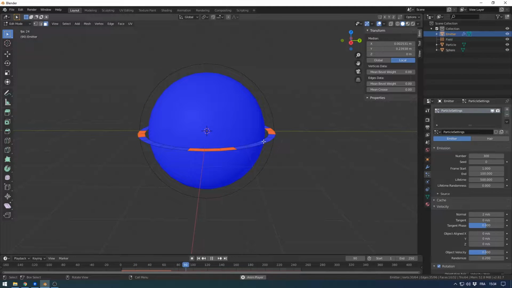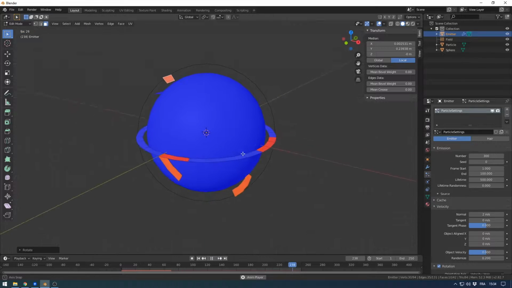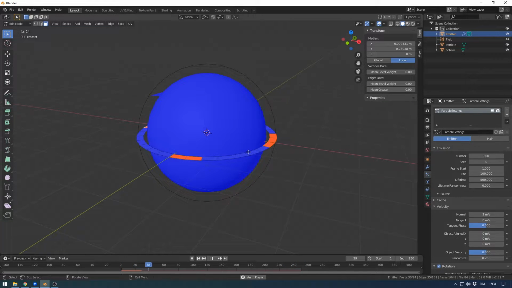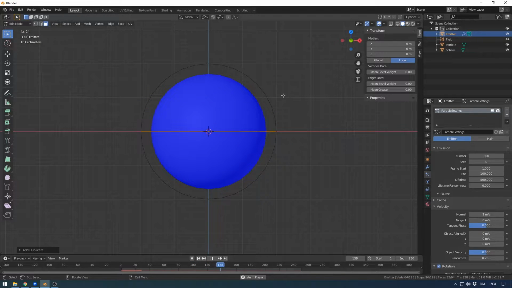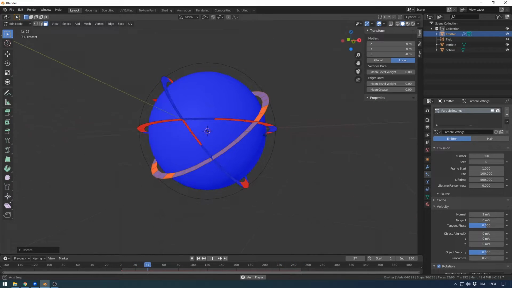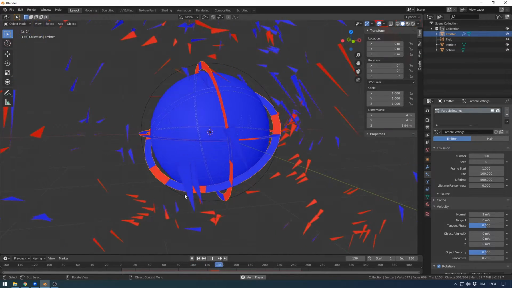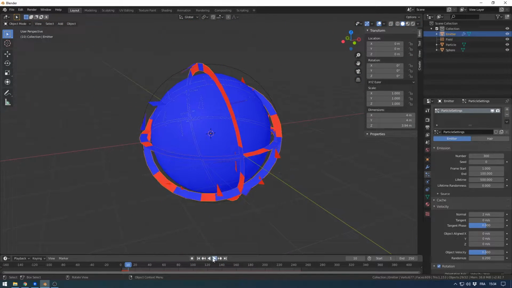And now I will duplicate this, rotate a bit. I want to select the whole circle. Make something like this. You will see that now